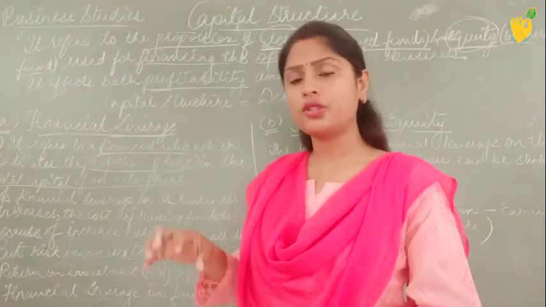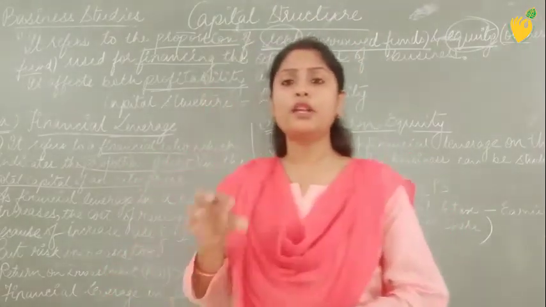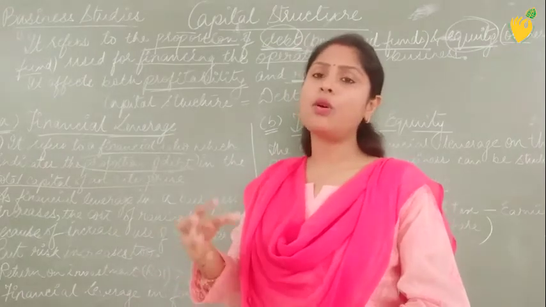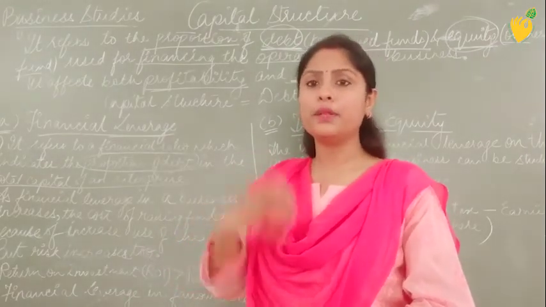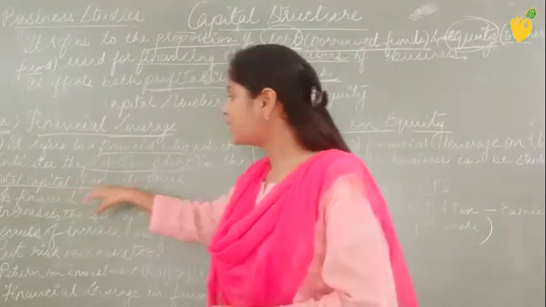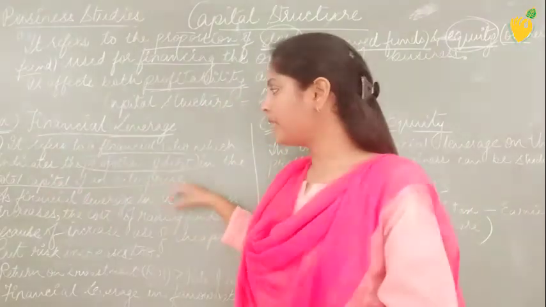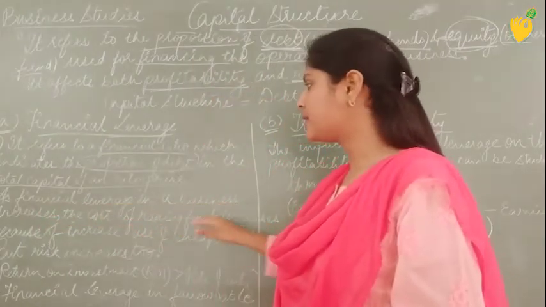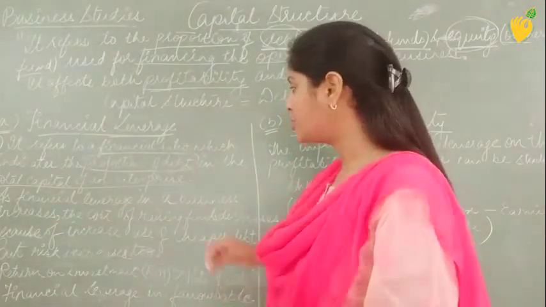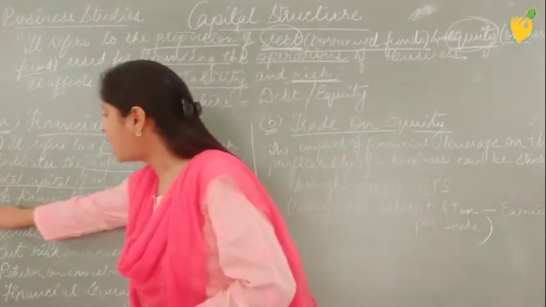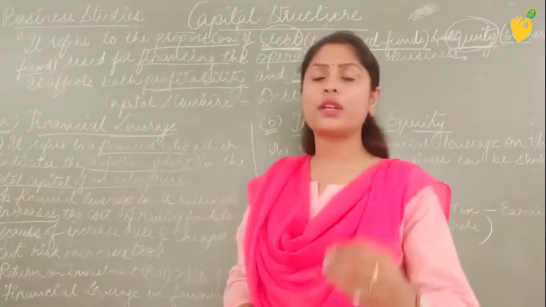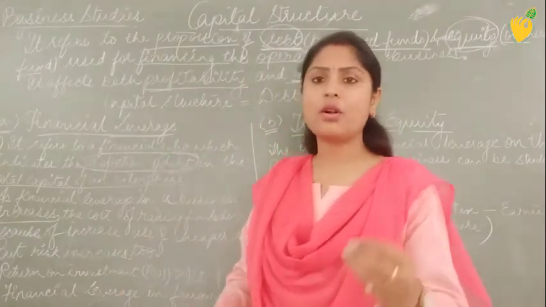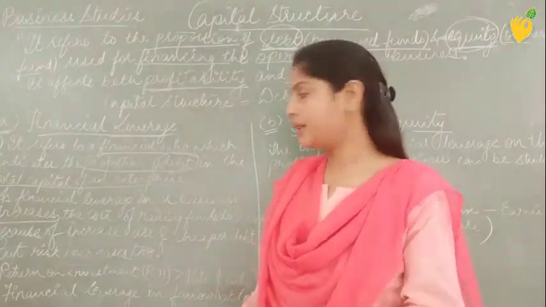So here financial leverage can be calculated by knowing exactly how much debt the organization has actually borne out of the total capital of an enterprise. Fine. Number 2 indicates that as financial leverage in a business increases, now how is financial leverage increasing? Because the organization is increasing the debt. Remember, the organization is increasing the debt.